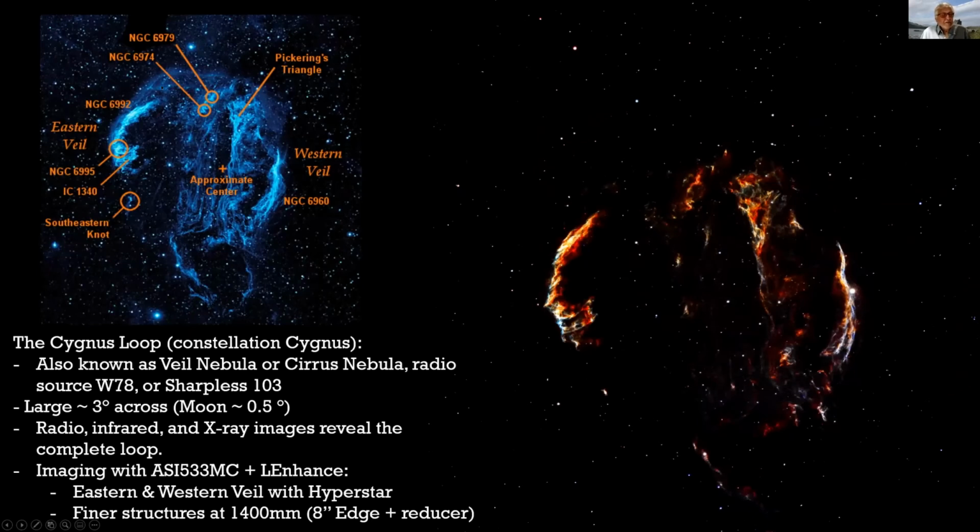Here's a picture of the Cygnus Loop, and here's my image of it. As you can see, there are various points in the Cygnus Loop that have been designated under various catalogs, and they are viewable separately. In fact, they were discovered separately because the early astronomers were looking at these things with fairly large focal lengths. The Cygnus Loop is called by various names, and it is